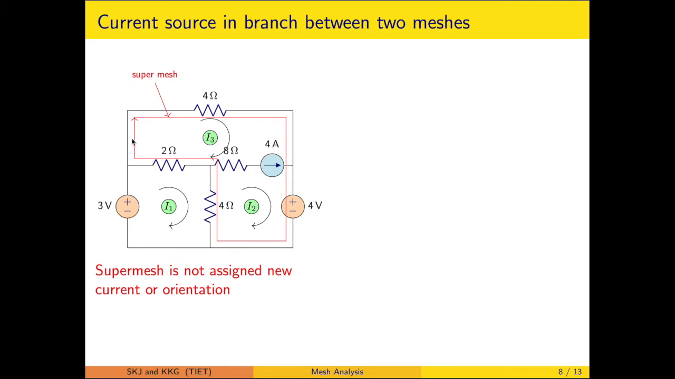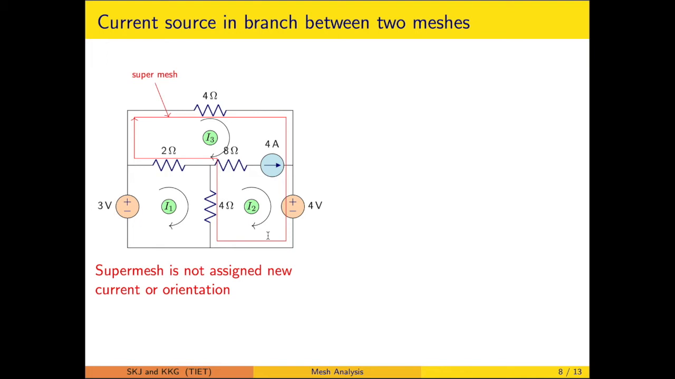So this is how you have oriented. While forming a supermesh path, the orientation is not changed; it remains clockwise. A point to be remembered is that the supermesh is not assigned any new variable or orientation. So we have to write the equations for the two. One pertains to this mesh, the way we have written previously. Another is for this supermesh by considering only the boundary elements,